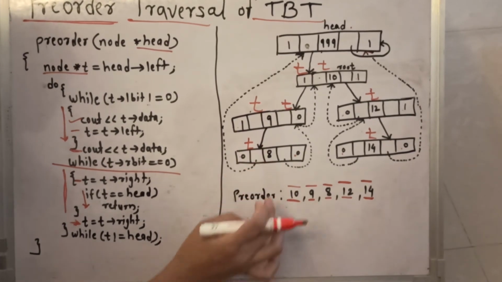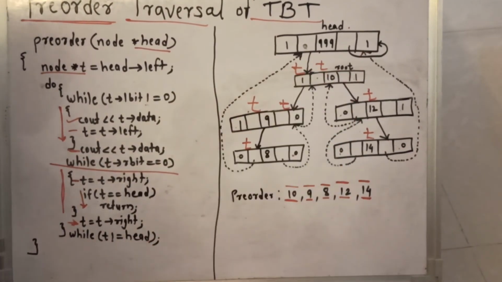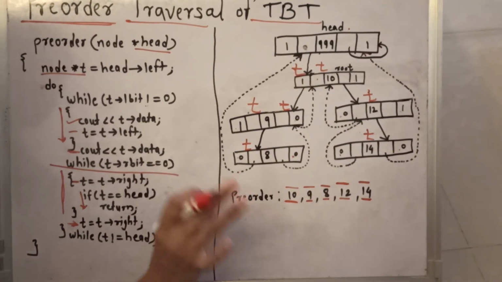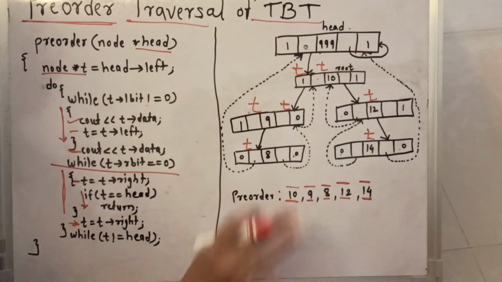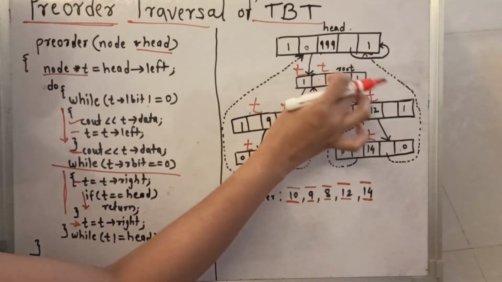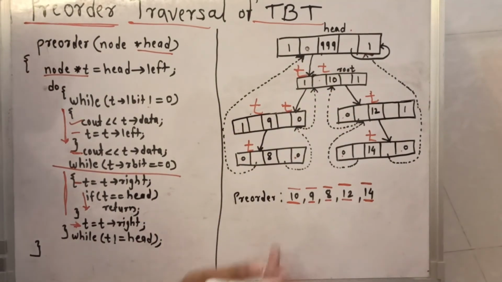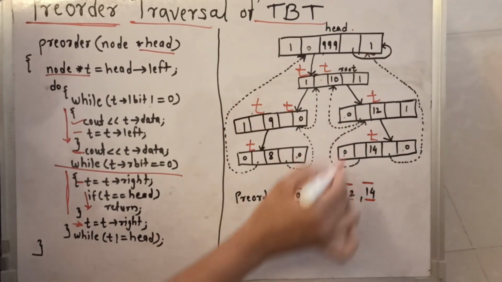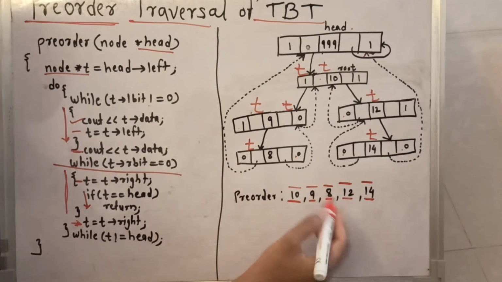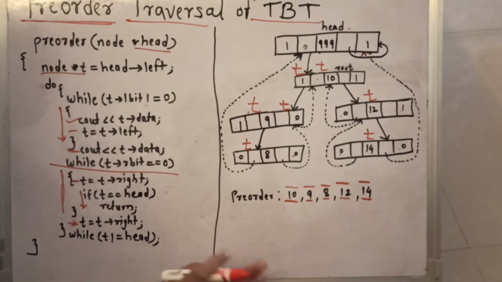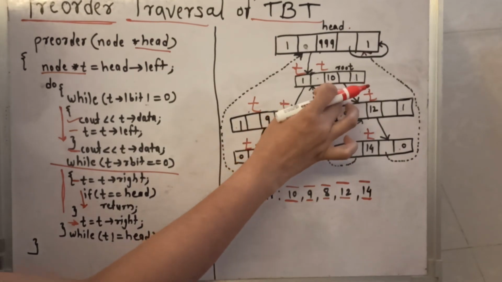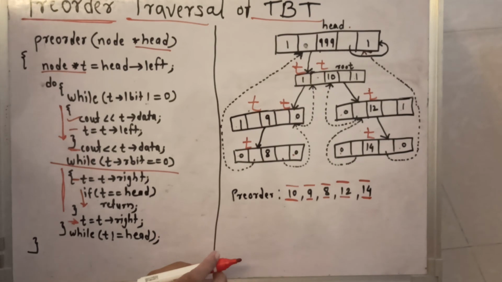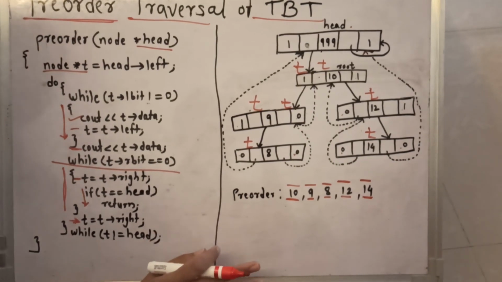If the R bit is equal to 0, that means we have to go back in the tree here. And whenever we go back in the tree, there is no need to print the value, we only have to check whether that back thread is going to the head or not. If it is not going to the head node, that means we are going to the actual right side. Again go to the actual right side and then check the L bit field and the R bit field. So like this way we have to follow here, and we will get the output like the pre-order traversal, that is the DLR technique. That means the main root node, then the left side and then the right side, and we will see the traversal like this way. So this is the pre-order traversal of the TBT.